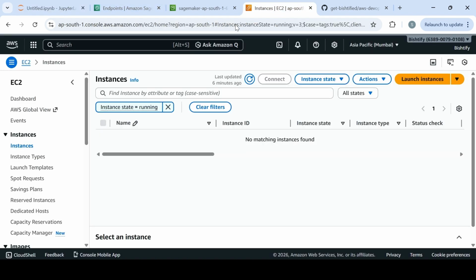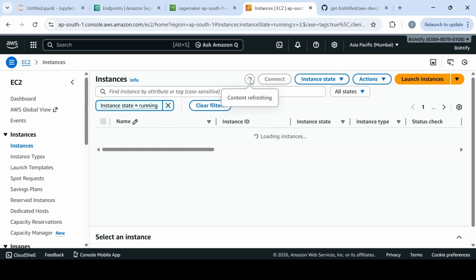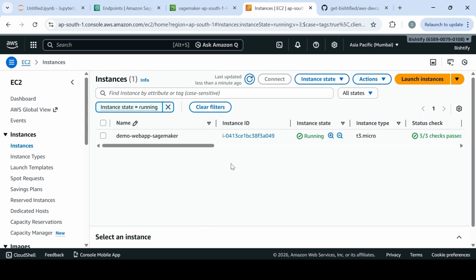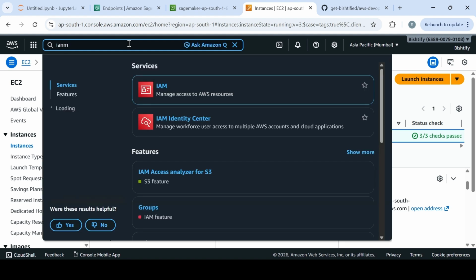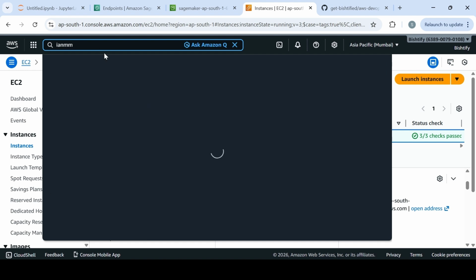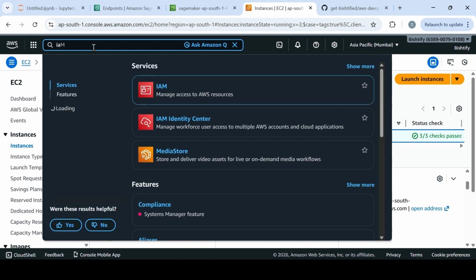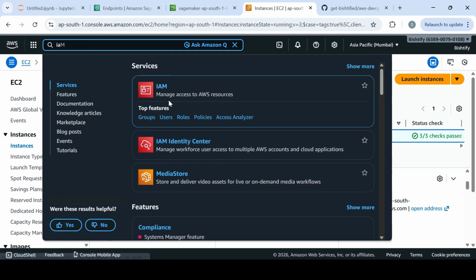Okay, so for that, I have created an EC2 instance, a simple EC2 instance, nothing specific in terms of configuration. However, what you need to do as a prerequisite is to assign the role. EC2 should have permission for SageMaker operations. So I'll come here in IAM, in the roles, and I am going to